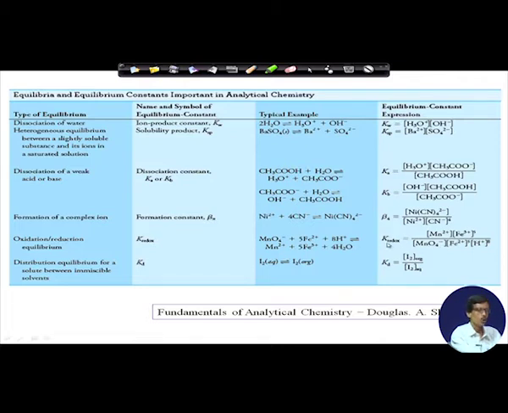The K value we all know, and from the K value we can find out the corresponding free energy change, the delta G0 values, and from there we can find out the E0 values. So, all these redox things are theoretically very much essential to know. You should again go back to your theory classes for the redox reactions before we go for the corresponding identification, because from this particular reaction you can immediately identify